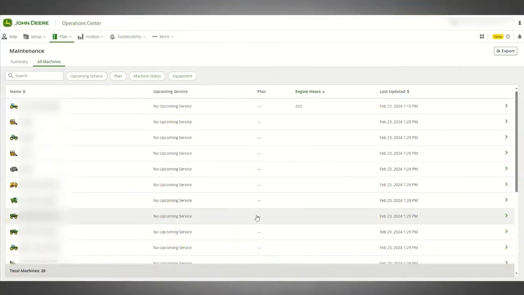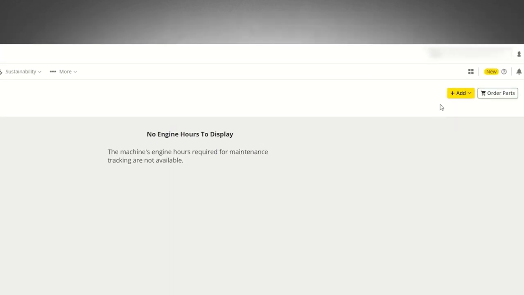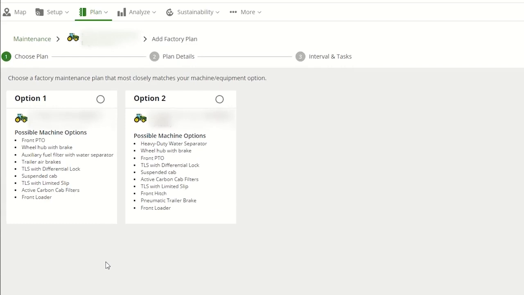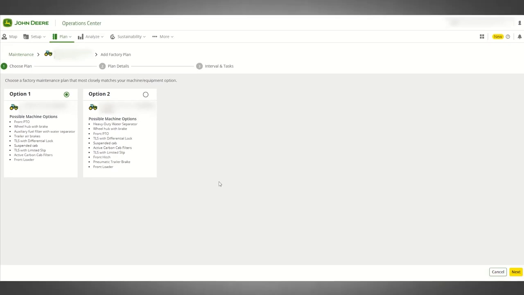To apply a maintenance plan, select a machine from the All Machines tab, then select the Add drop-down menu and determine whether you want to add a factory plan or a custom plan to that specific machine. If you select Factory Plan, you will be asked to choose the Factory Maintenance Plan option that most closely matches your machine's specific configuration. Please be aware that some machines may have multiple factory maintenance plan options available and some